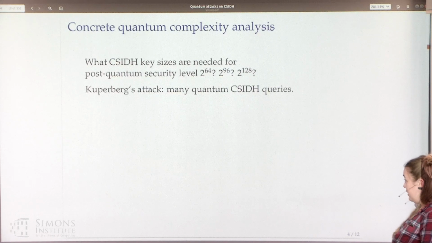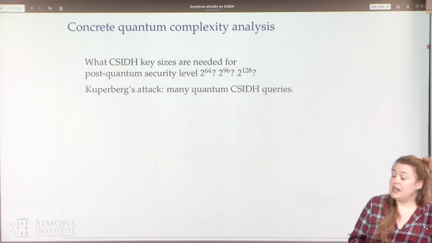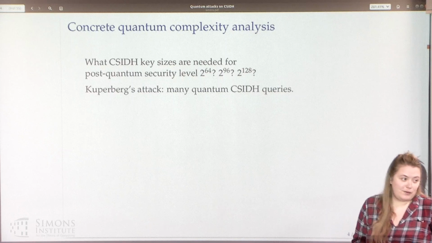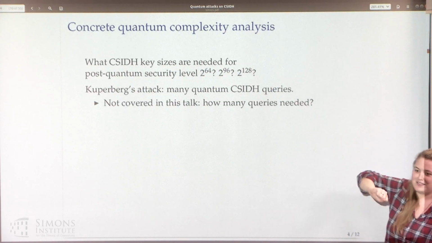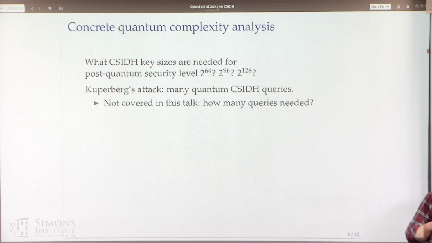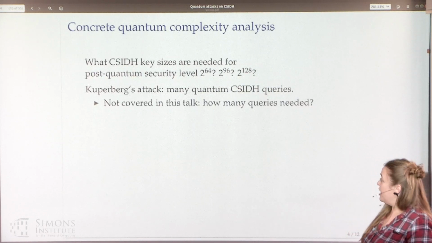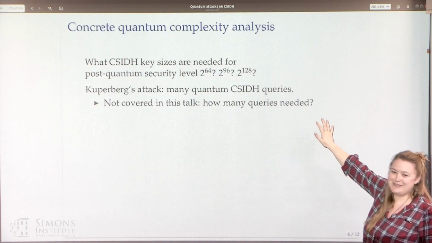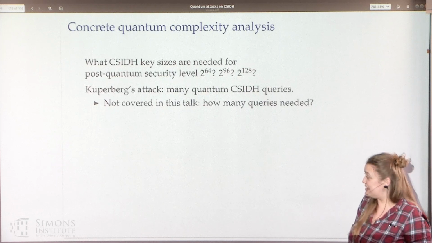So this Kuperberg's attack, in order to apply it in this context, you need many CSIDH queries. And of course, question number one, how many queries do you need? Well, actually, I'm not going to talk about this because Chris is going to talk about this in a lot of detail after the break. But this is obviously a very important question for understanding the complexity of the attack. And in the case of CSIDH, actually,